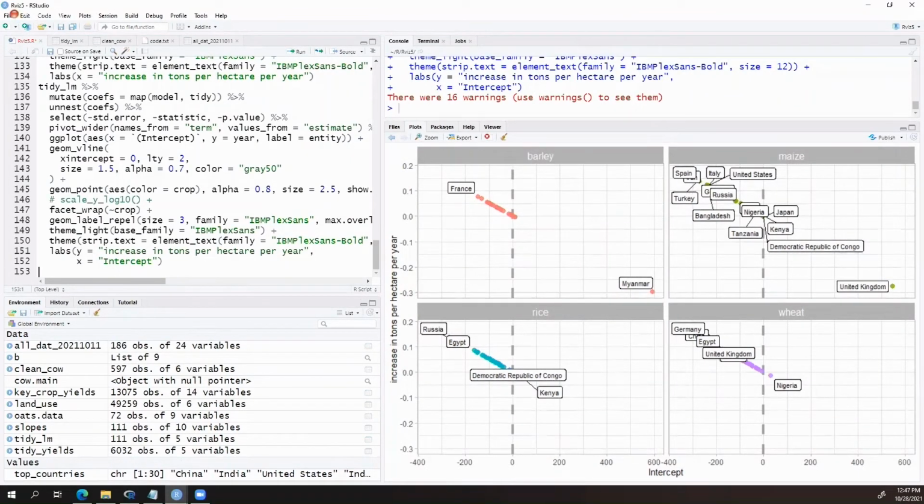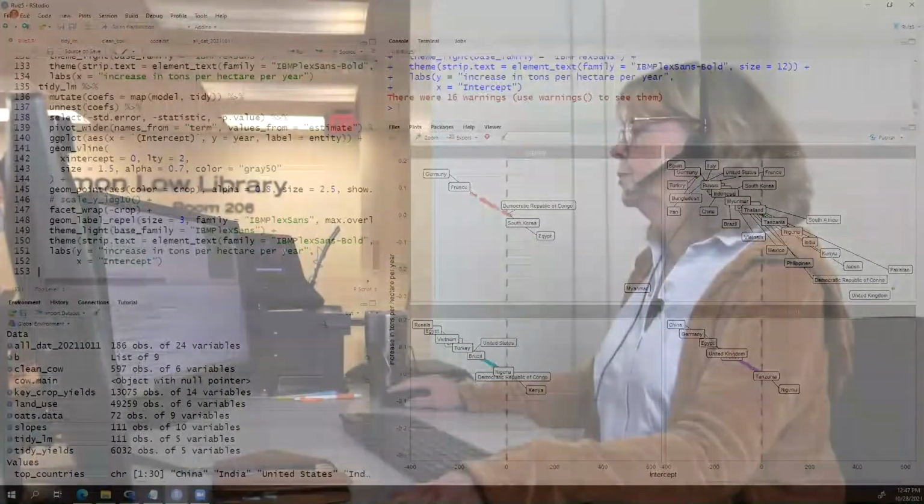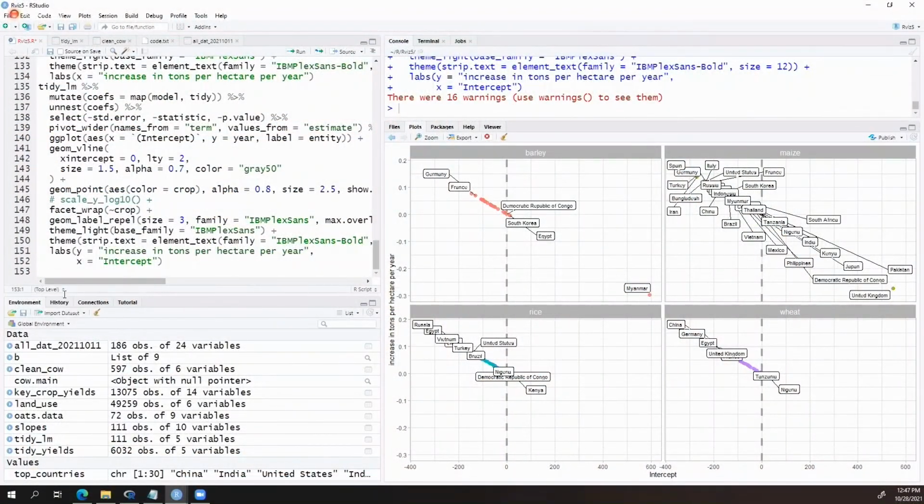All right, and the last little bit here is that I wanted to do just a couple of demonstrations of things you can do if you are going to prepare a plot for, as I said, publication or presentation.